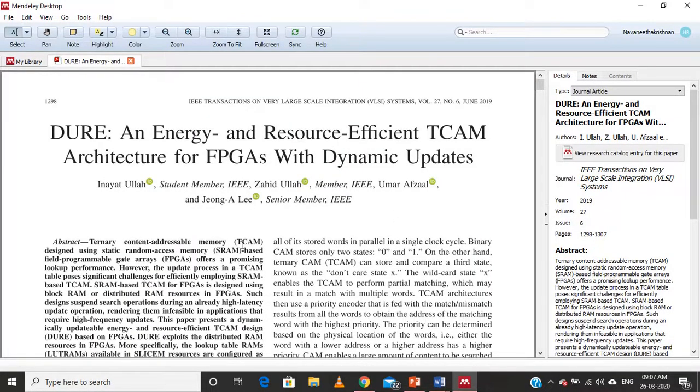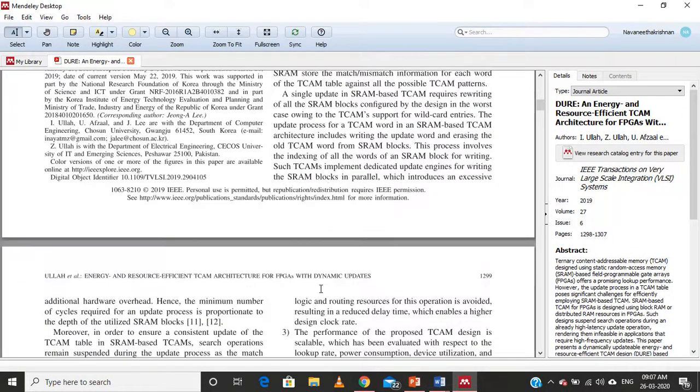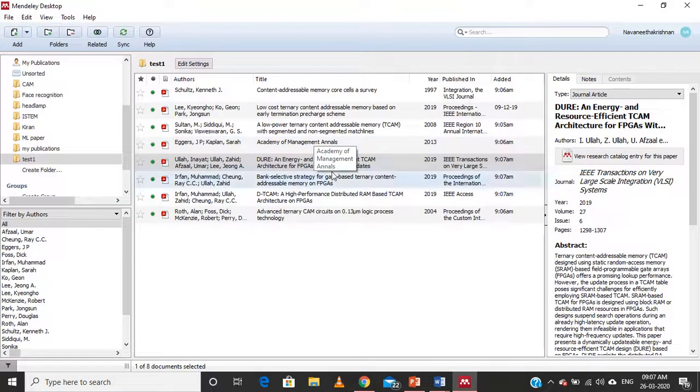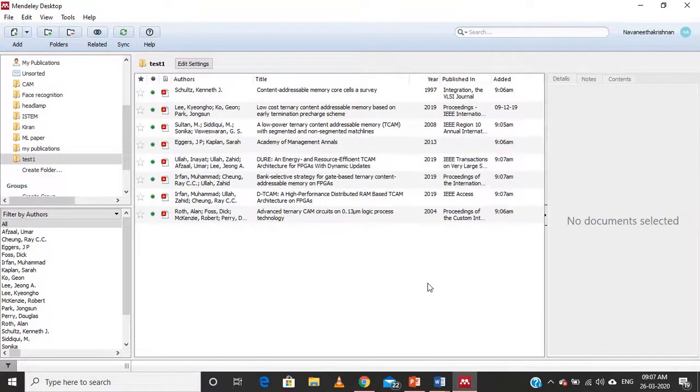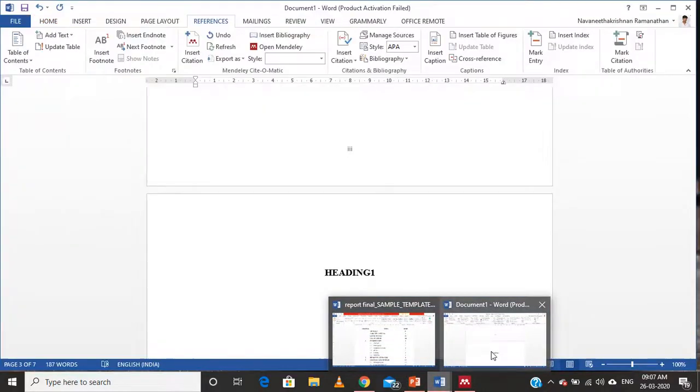It is a more convenient way to read your references than reading in PDF readers like Adobe. You can select and highlight the text, and so on. It is a very easy tool. You can just install and open it, and add as many papers as you want in your project.